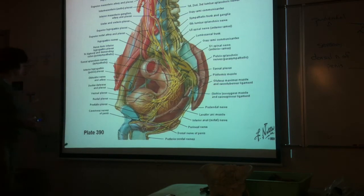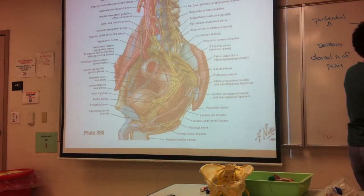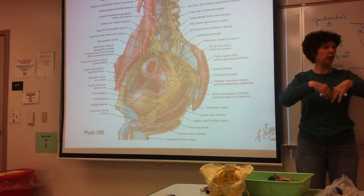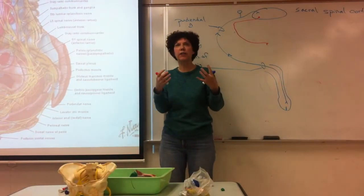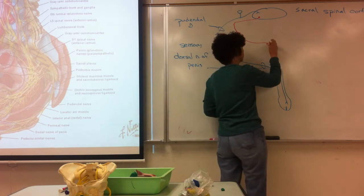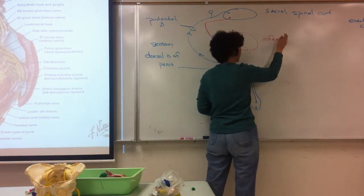So I'll write that on the board. It's a plexus. It's a whole bunch of nerves coming in and synapsing. Most of them are sympathetic. And remember, those of you that had me last semester, the parasympathetic, typically the pathway was they went to the wall of the organ. That would go into the wall of the urinary bladder or into the wall of the uterus to synapse with the postganglionic neuron. In this case, they synapse in the plexus. So this convolution of nerves in the pelvis itself is known as the inferior